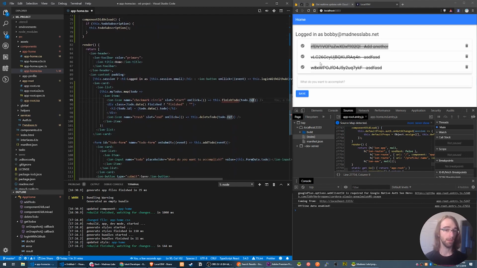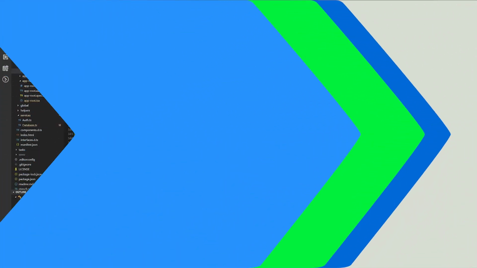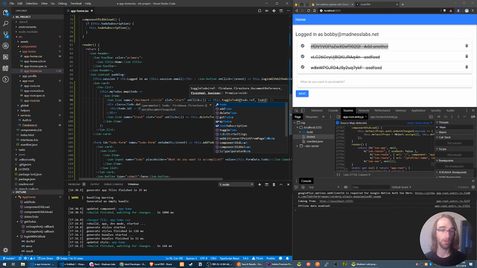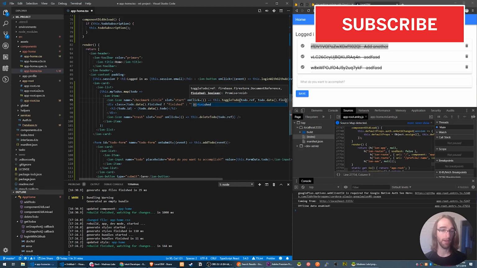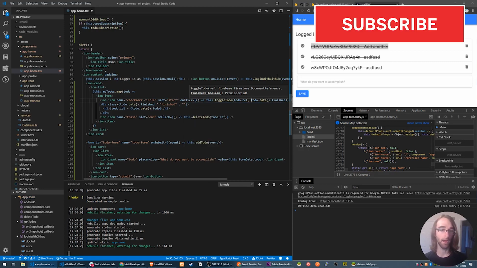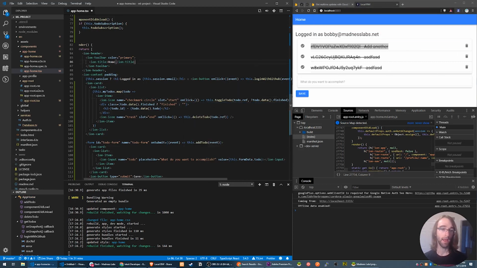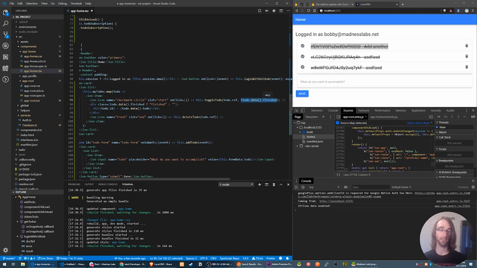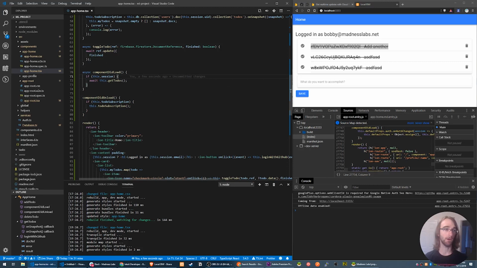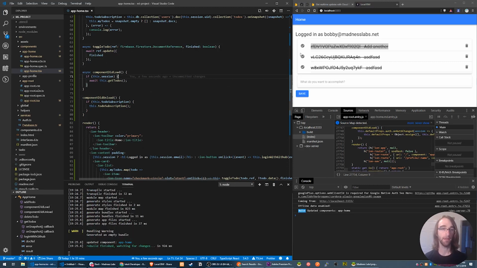Cool, so now here you can see we need to change this method name to toggleToDo. And then we want to pass in the opposite of what the value currently is, right? So we're going to do todo.data.finished, and then an exclamation point right before it. And that says in JavaScript, do the opposite. So flip whatever this is to the opposite. So if it's true, it'll become false. If it's anything falsy, it will become true. And so that should give us the desired result. So let's save it. And then now,